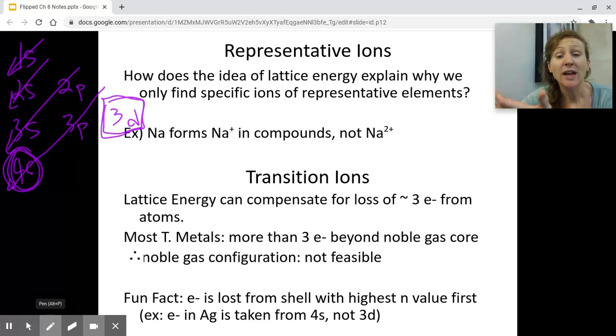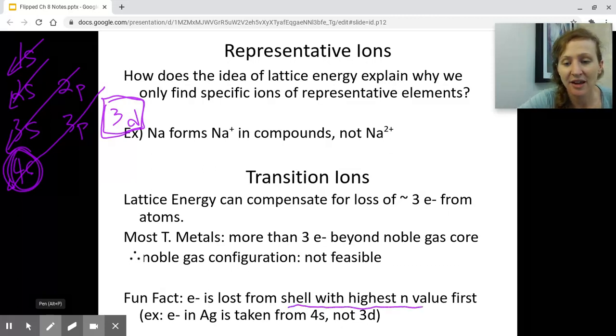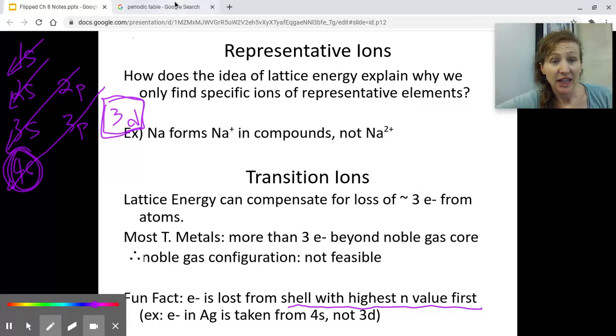However, when the electrons are removed, they're not removed in the opposite order. The electrons are actually removed from the shell with the highest n value first. And so, something like